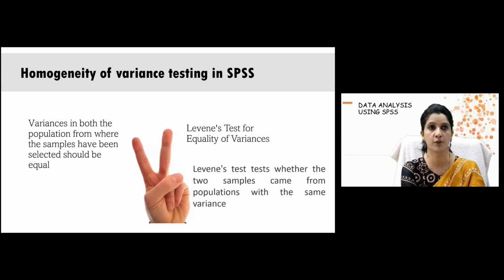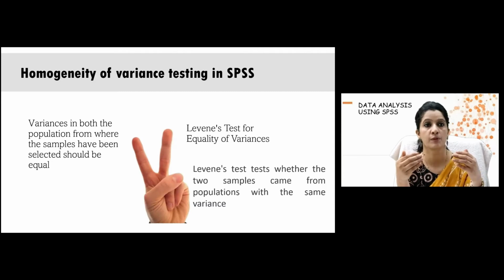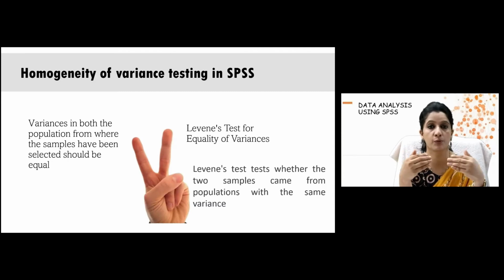So now the concept of homogeneity of variance. I have explained that variance measures the variation. Variance we will do more in the ANOVA also, but variance is basically the distance from the mean of each value. How it is different or deviant from the mean, that we measure by the variance, and it is the square of standard deviation. So the underlying assumption of a student sample t-test is that the variance in both the populations from where the samples have been withdrawn should be equal.